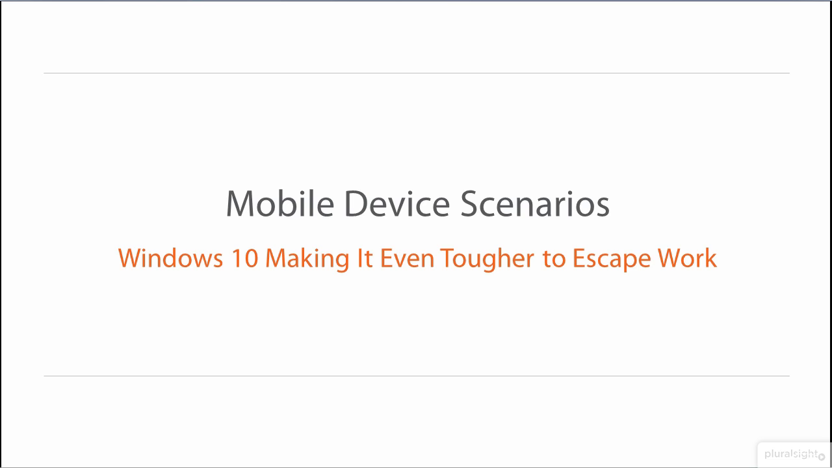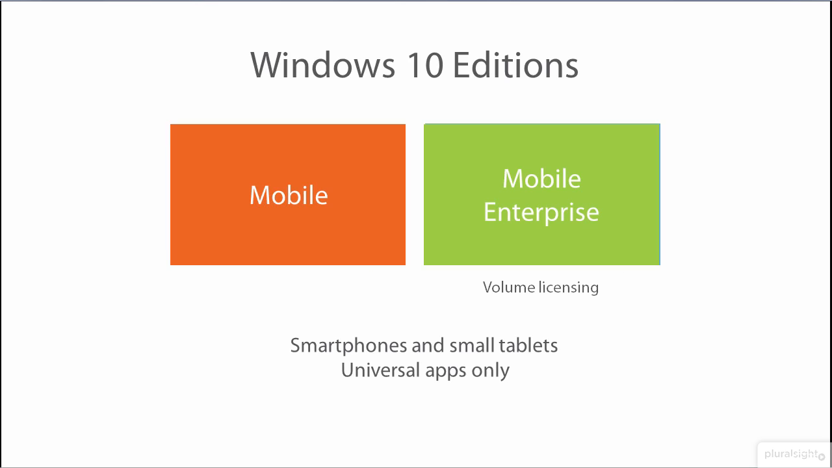Following on the last topic, let's take a closer look at some of the mobile device scenarios that Windows 10 supports. This is a high-level overview, and we'll take a closer look at identity issues in a separate course. The Windows 10 editions for portable systems are Mobile and Mobile Enterprise, the latter requiring a volume license agreement. The mobile editions are best suited for smartphones and smaller tablets, and they don't run desktop applications, just the universal ones,